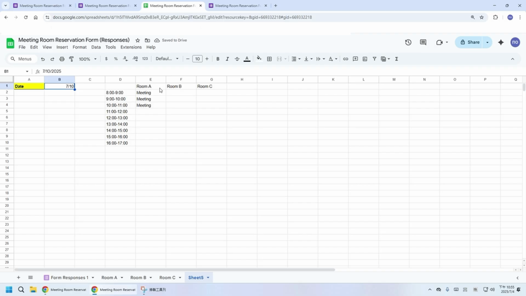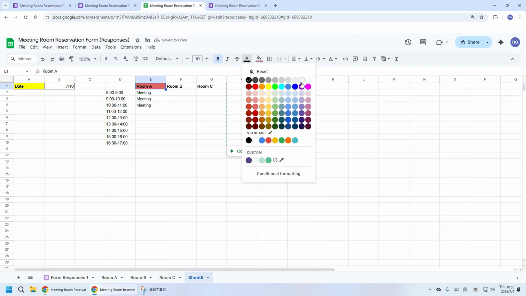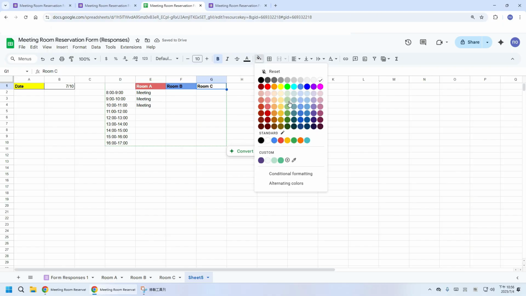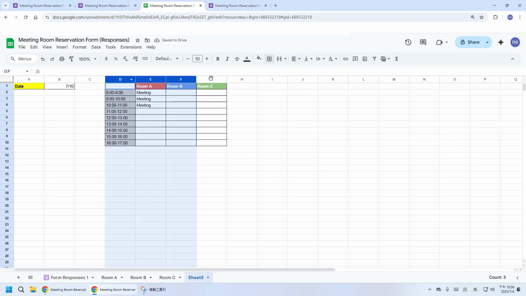Of course, you can also beautify this form a little. That's about it for this tutorial. If you only want to show the room usage without revealing the review results to customers, check out my next tutorial video.